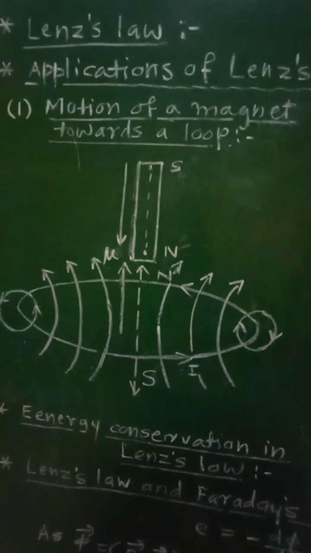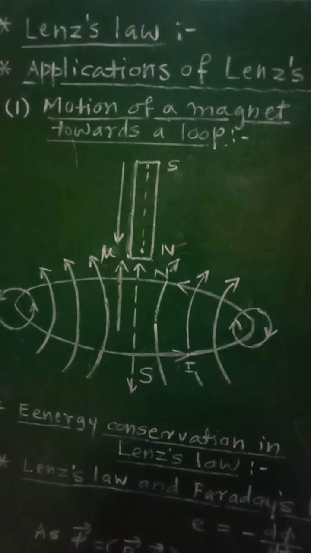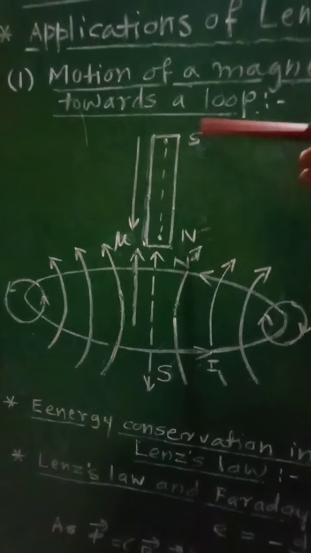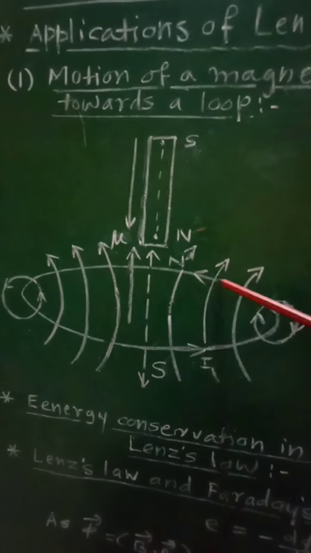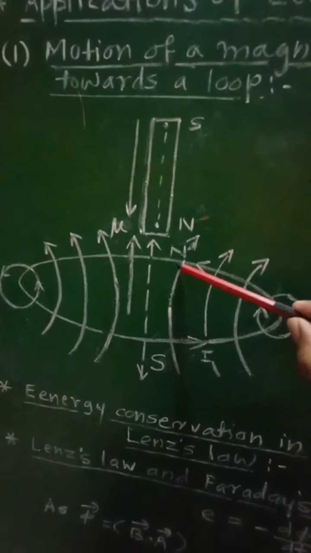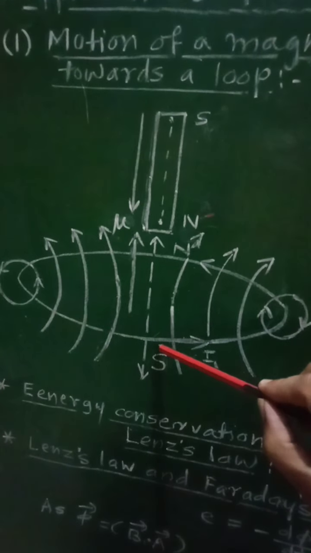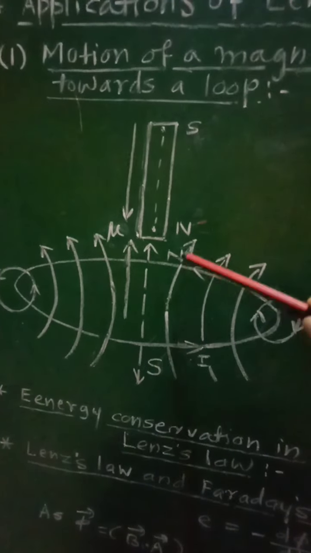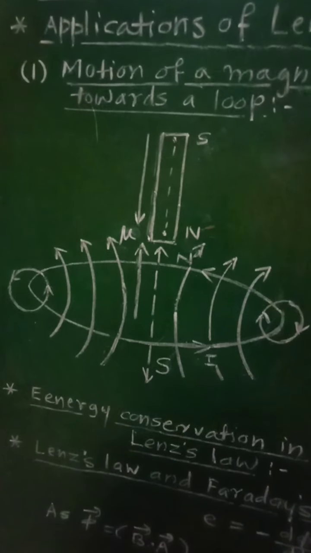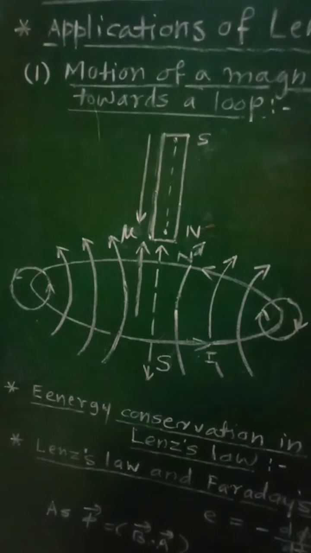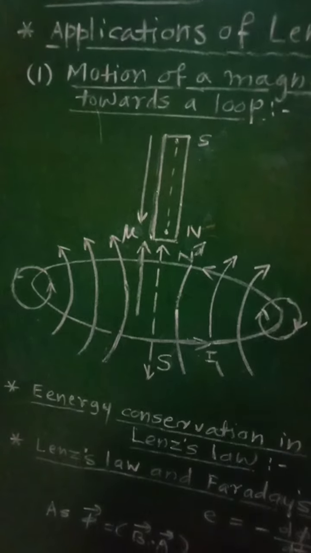The dipole is oriented in such a way that it opposes the motion of the magnet. So as soon as this magnet is moved towards this coil, the current will be set up in this circular loop, and then it will act as a dipole again consisting of two poles N and S. So the N pole of the loop will be facing the N pole of the magnet, and thus the north pole of the loop must be facing the approaching north pole of the magnet so as to repel it.